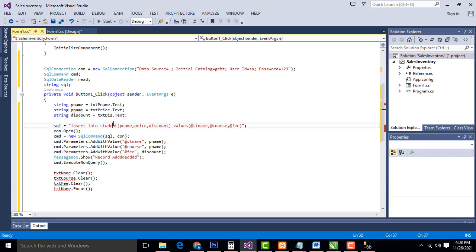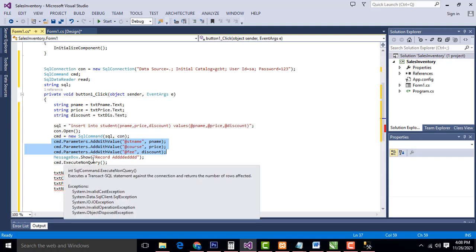The same here. What is the table you are going to insert the record into? The price. This one, same thing, price. Control C to copy, Control V to paste here. Here you have to make it as parameters. This is the efficient way to insert the record into the database. You make it as a parameter, look like this. So the parameters you are passing here are to insert the record into the database.